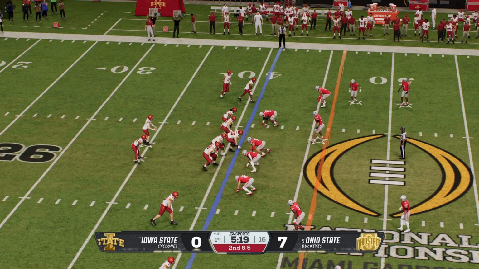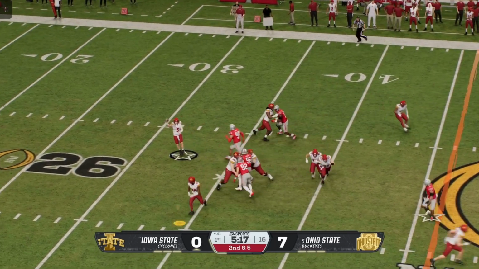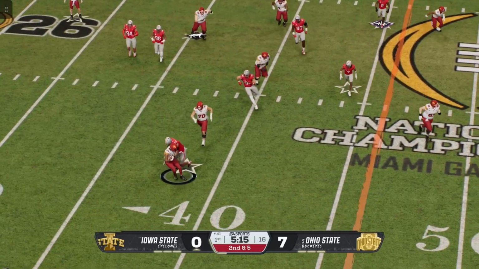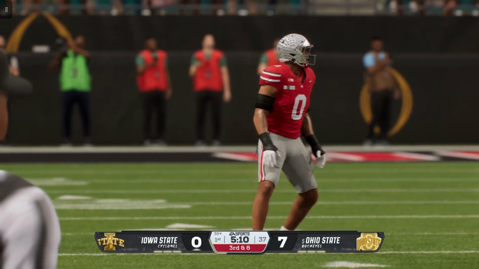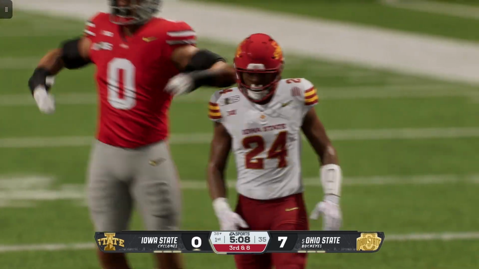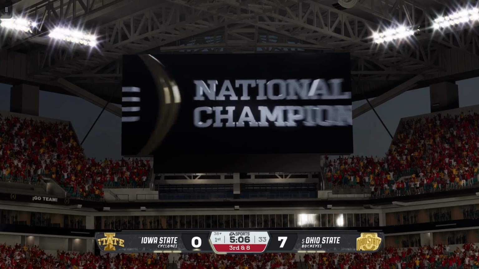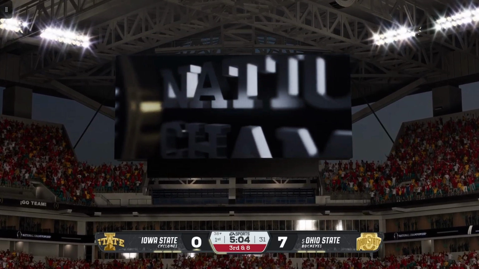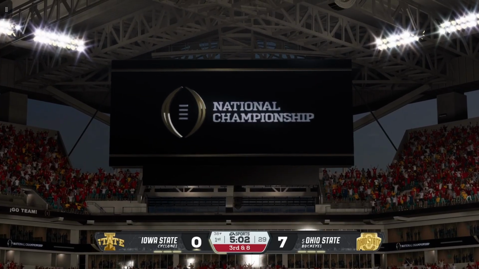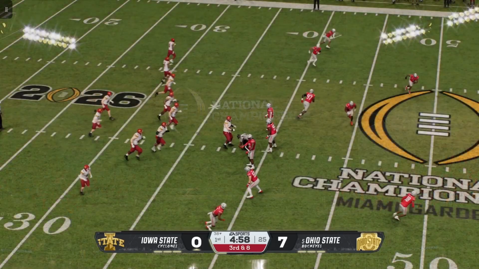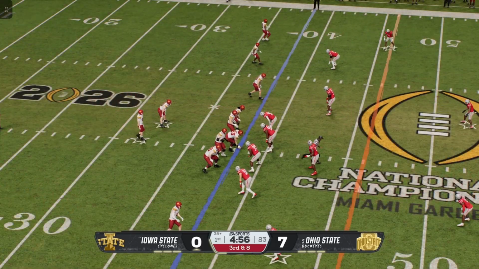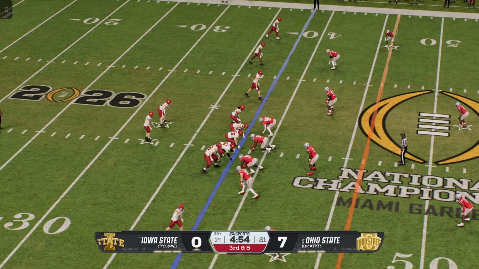Moving the receiver around pre-snap. 2nd down, we're going to throw it. There's a screen pass to the running back. Play never had a chance. Defense grabs him for a loss. Chris, the timing of this screen pass just seemed to be off. The defense almost waiting for the ball to be thrown. He had nowhere to go by the time he caught it. Offense been in reverse here. Now a long way to go to convert this 3rd down.